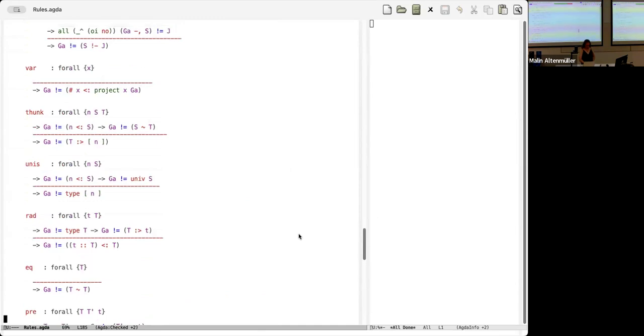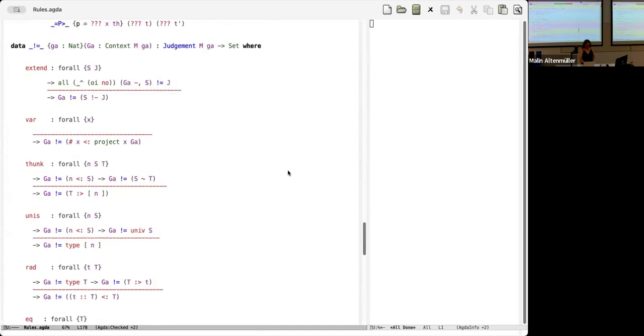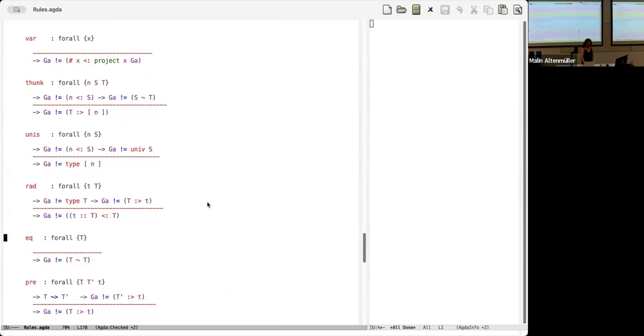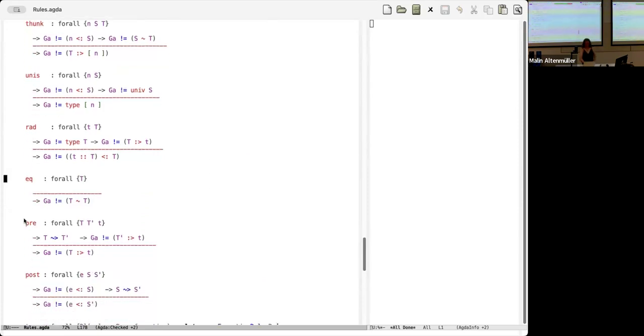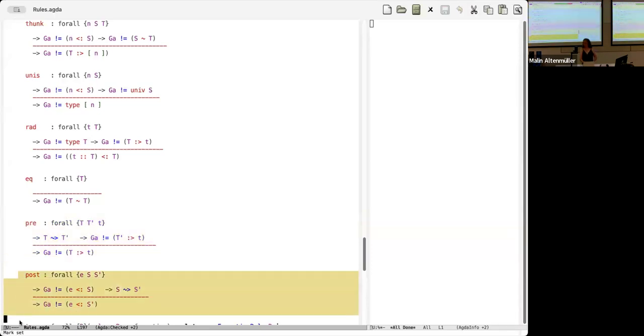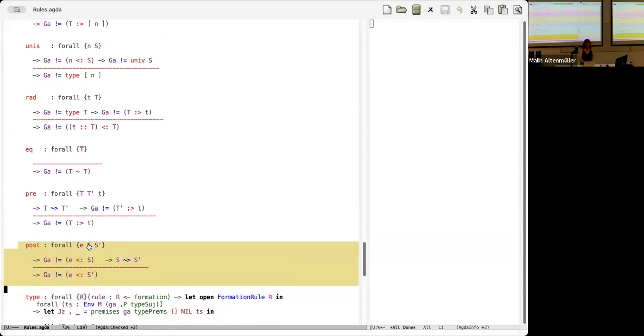This is the variable rule. This is the rule for radicals. And this is the rule for the change of direction. It says if you want a t and you've got an s, it had better be equal to t. And here's computing a type before you check it, and this is computing a type after you synthesize it. So all of that's baked in. You're really only choosing which types exist in the theory, and what their formation, introduction, and elimination rules are.